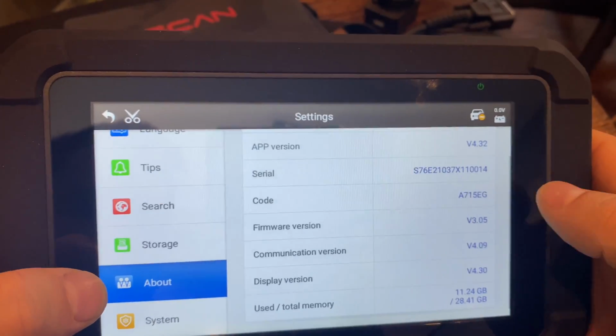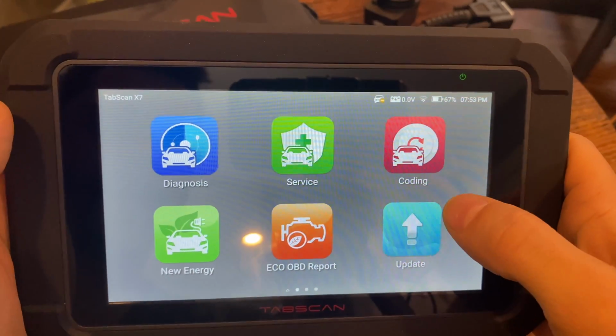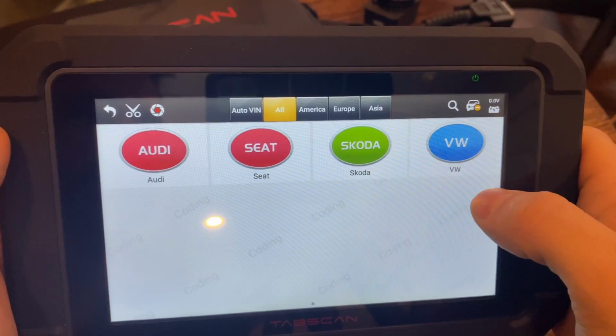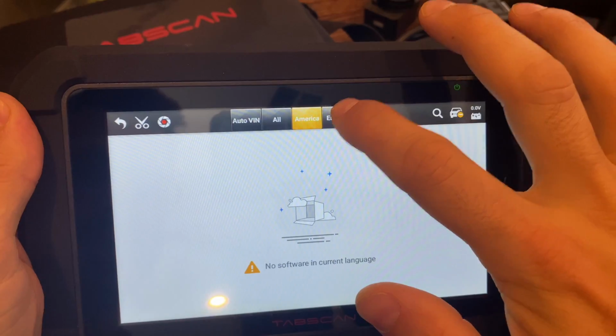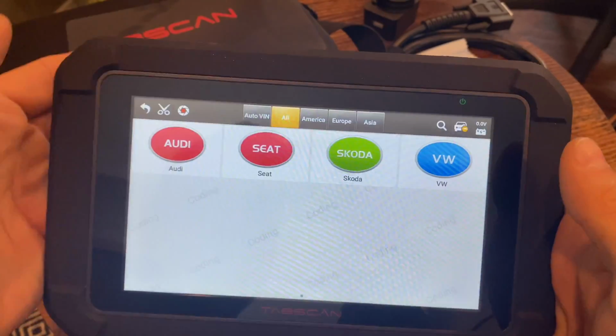This, I believe, is 8.1 Android. Back at the main menu, I just wanted to mention a couple of things. I will not be able to show you coding. This is only available for the VAG group of cars, which is these cars right here. As you can see, none of the other cars are available, but you are able to code these 4